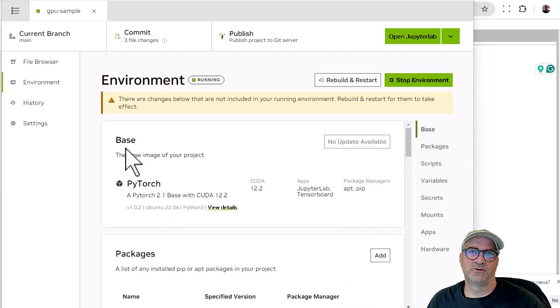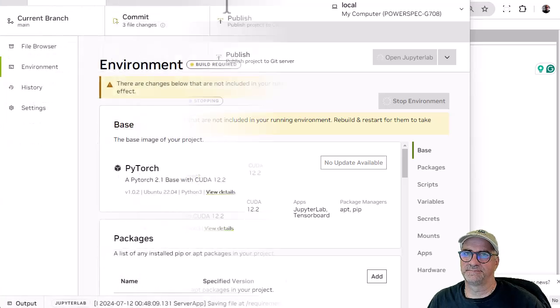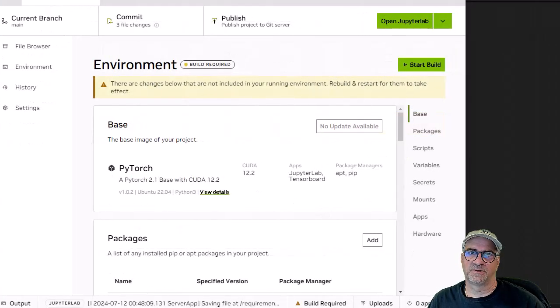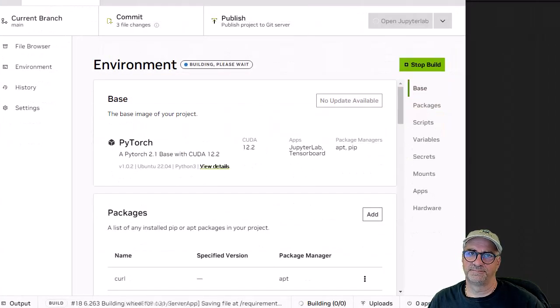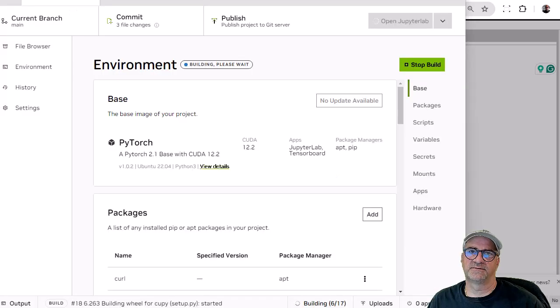Oh, it noticed this GUI, right? This GUI noticed that the environment changed. And it's like, you need to stop the environment and restart. And what it's going to say, I'm going to stop the environment. So we can see that it says build required here, right? So I'm going to start a build. In this particular case, the build is going to fail, and the Jupyter environment's down now because the container's down,